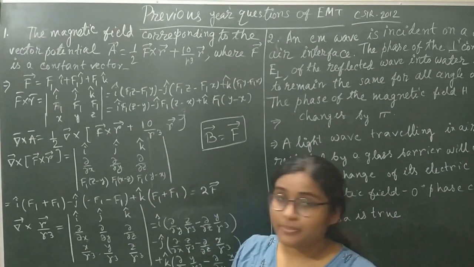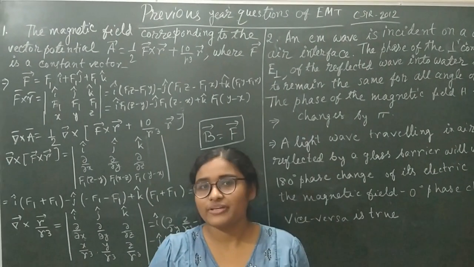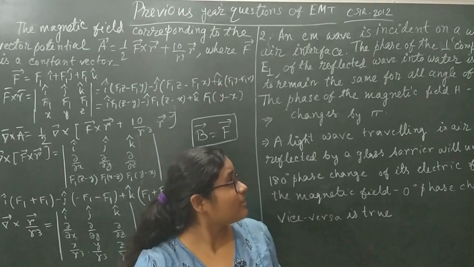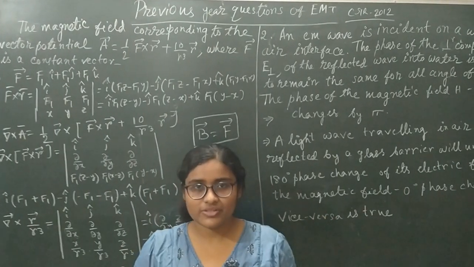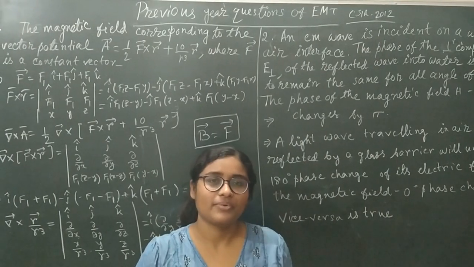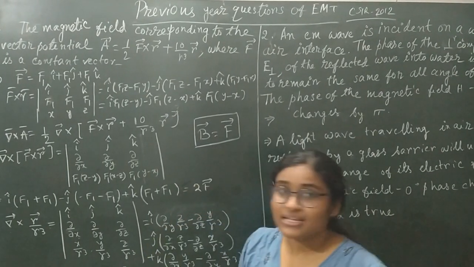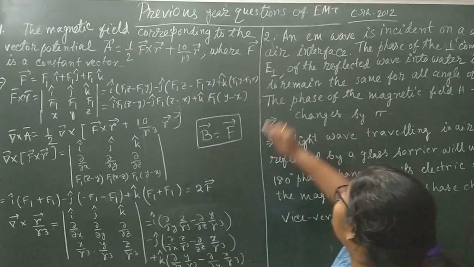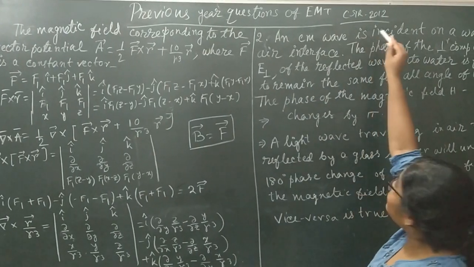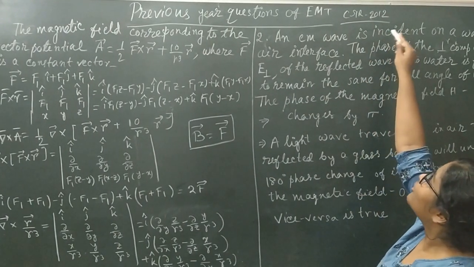So here we have started the discussion of electromagnetic theory, and we are with the previous year problems of NET, GATE, JAM. Today I will discuss some of the problems which came in the CSIR Physical Science exam of